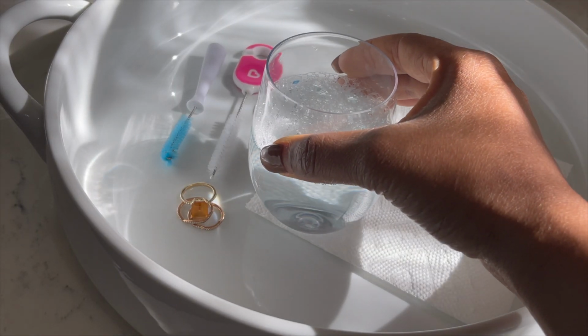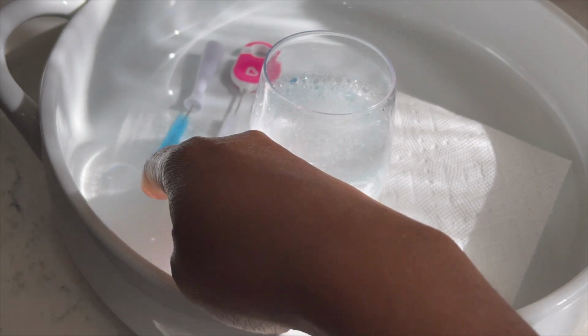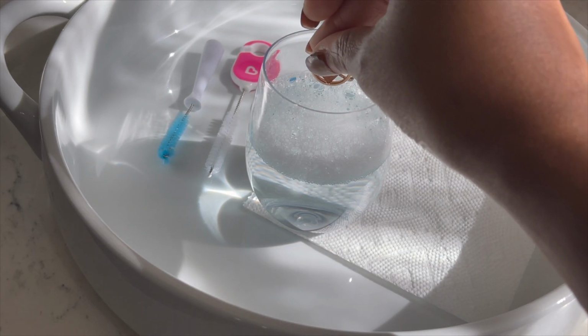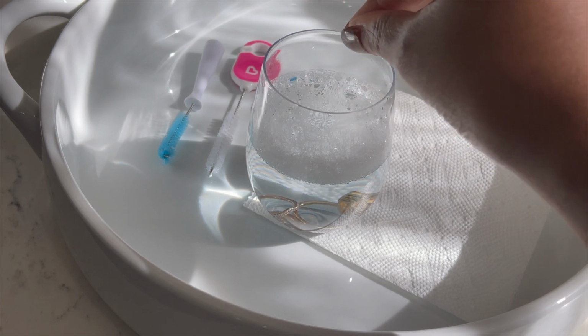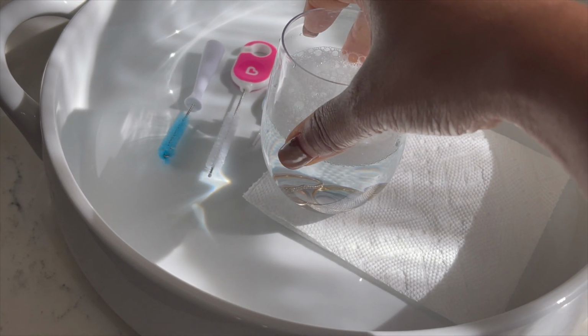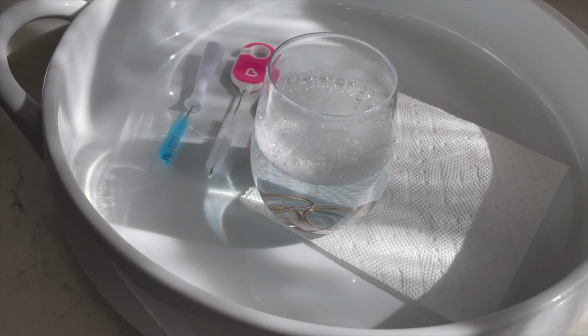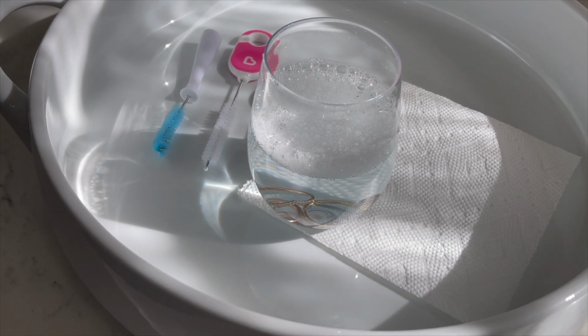Now I'm going to place my rings into the solution. So I'm just going to go ahead, pick those up, and drop them right in. And just let them sit. So I'm going to let them sit for about 5-10 minutes, probably 10 minutes to give it a good deep